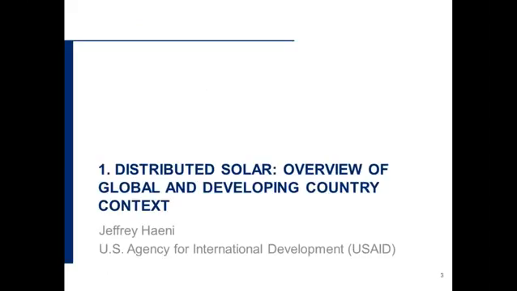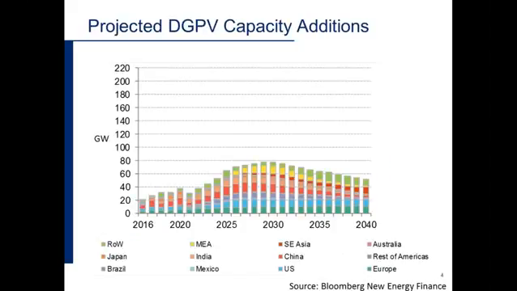So if we look quickly at some of the projected capacity additions, we can see that distributed PV is going to comprise a significant share of new generation capacity moving forward, to the tune of about 50 gigawatts projected capacity additions per year out through 2040. And while historically a lot of this capacity has been concentrated in Europe, Australia, US, Japan, China, and other developing countries, you can see from this chart here that a lot of new emerging market players are beginning to add